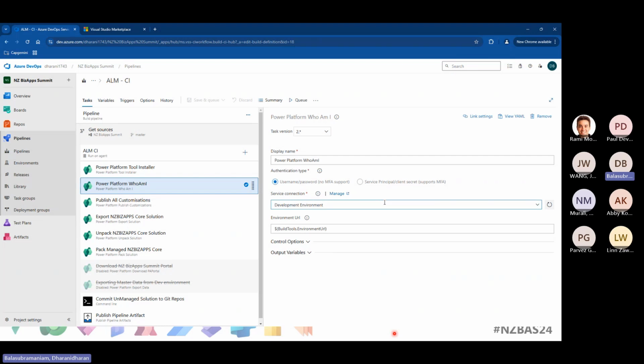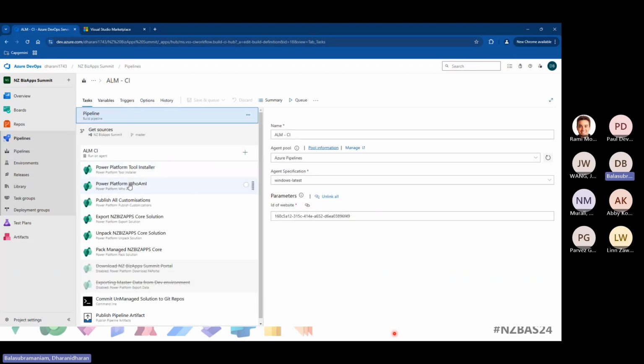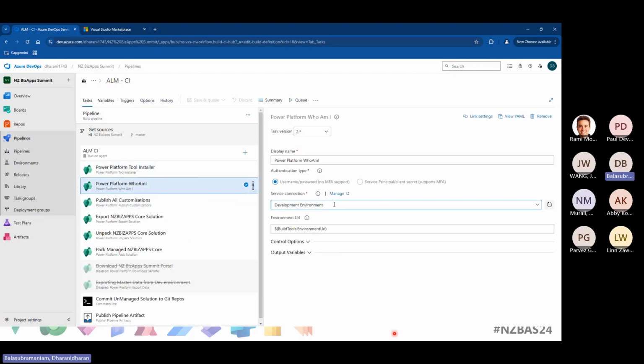Microsoft is strongly recommending to use the application users, where we're authenticating via the client ID and the client secret. That is the most secure and the safest way. And you can maintain all the client IDs and the client secrets in the variables. And even if you want to maintain this in an Azure Key Vault and read it from the Azure Key Vault, that is also possible with these pipelines. So for today's demo, I just kept this